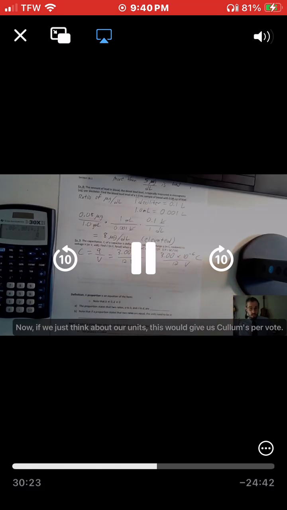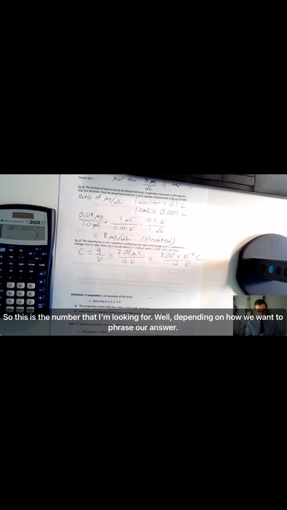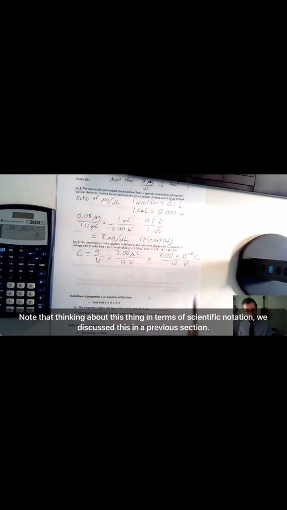to the negative 6 coulombs. So then we have that divided by 12 volts. Now, if we just think about our units, this would give us coulombs per volt. So this is the number that I'm looking for. Well, depending on how we want to phrase our answer, note that thinking about this thing in terms of